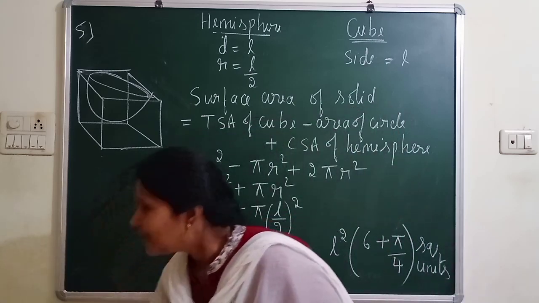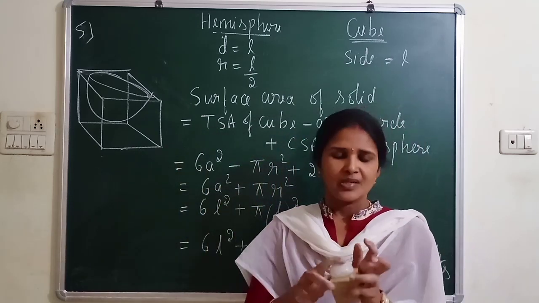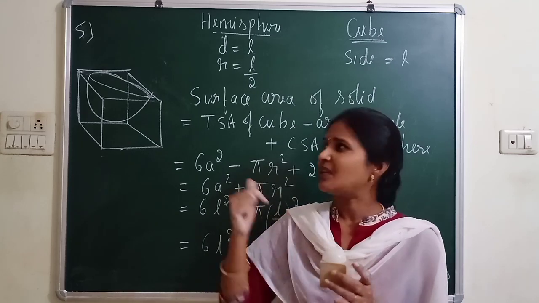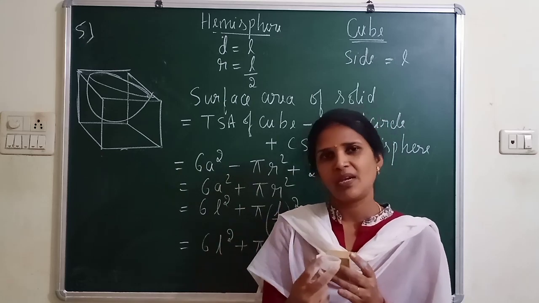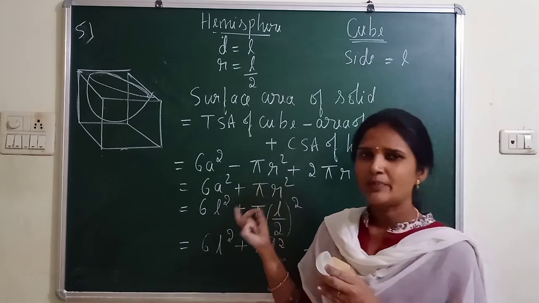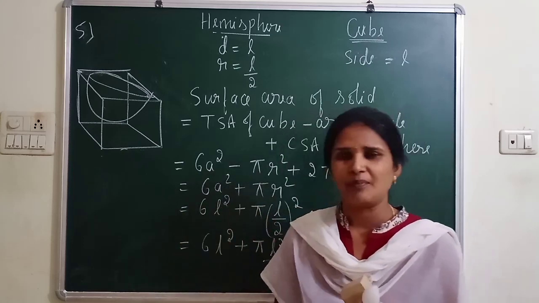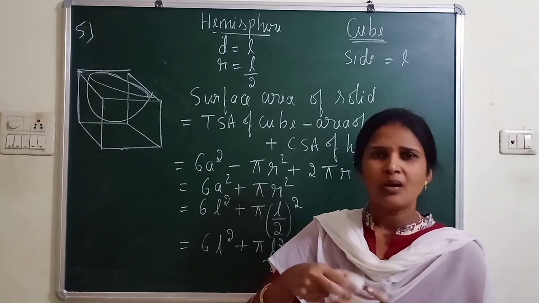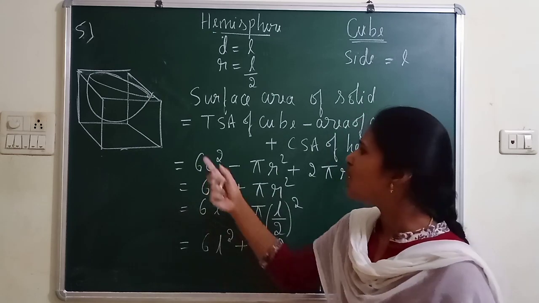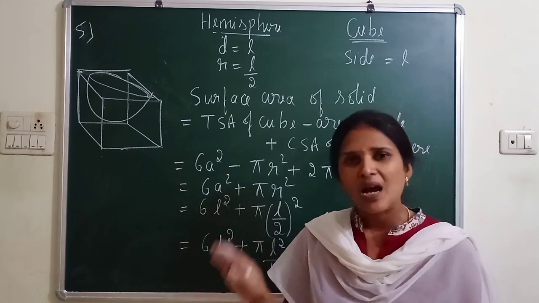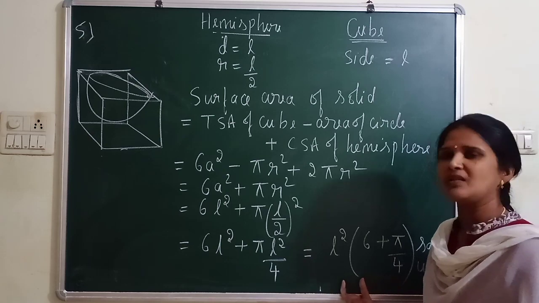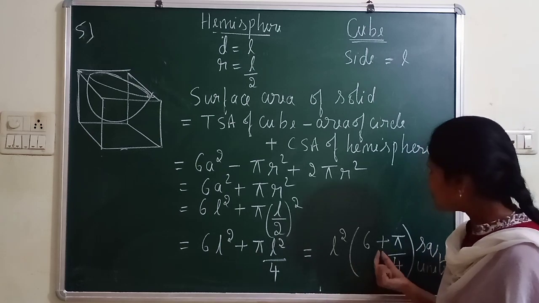I can't show this block now. Just imagine that in the last question it was mounted on this, but in this question a depression is made in the cubical block. When you observe, both the concepts are the same. The area remains the same whether it is mounted or depressed. But he has not given any value in this. For the last question, even if you remember this formula, you can get the same answer.